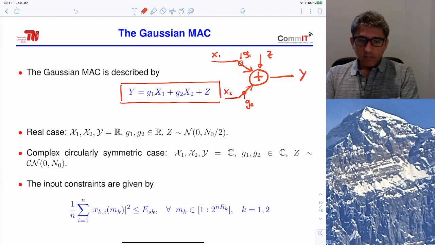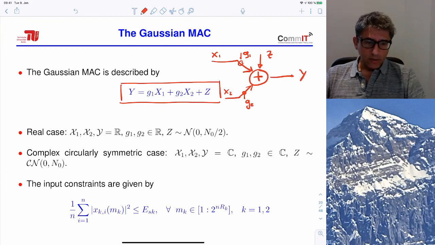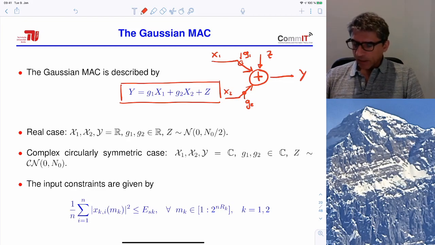The receiver adds noise due to the thermal noise of the receiver circuits, and at the end we get